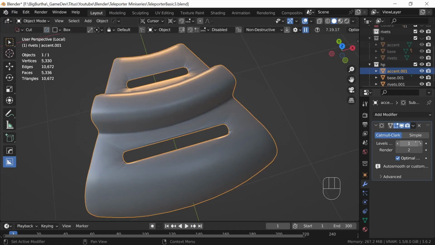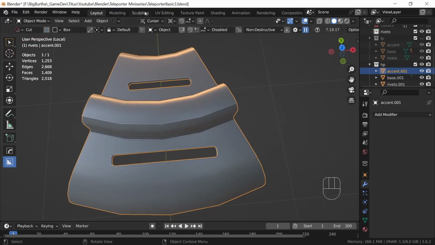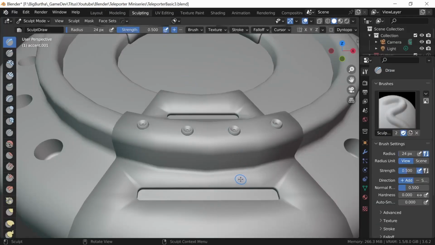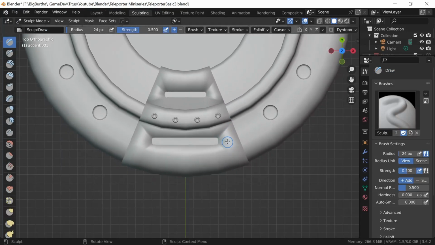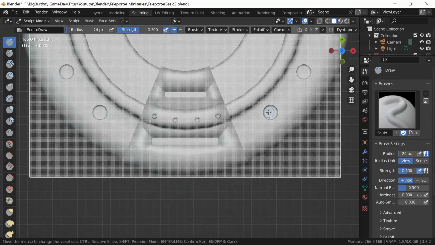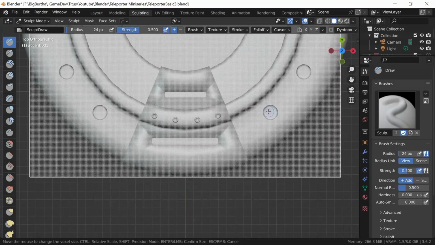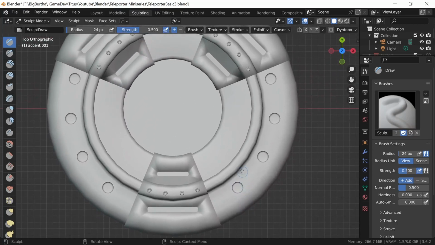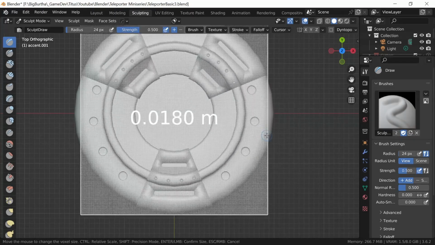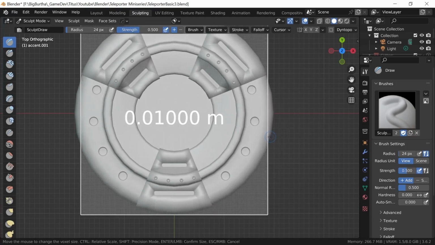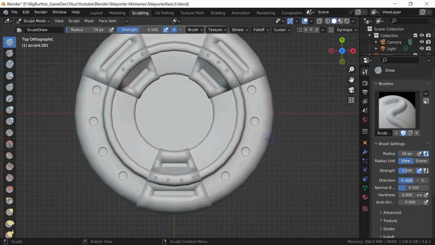The other way you can do it too is if we get rid of the subsurf, you can actually go into sculpting, and if we go to top view with 7, you can do R, which will bring up your remesh visual aid, and then let's see if I can actually see it a little better. And then you can actually reduce the count. The lower the number, the finer your mesh, basically. So if we do 0.01 and then just press enter to lock that in,